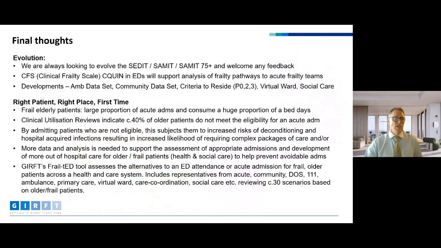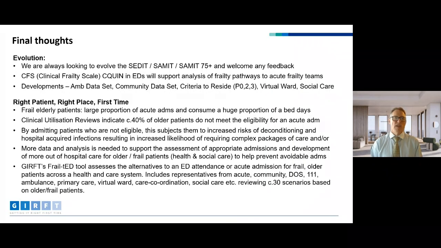So just in terms of final thoughts, we are always keen to evolve the SEDIT SAMIT 75, and as Darren said, we're on version 5 of the SEDIT. So we welcome any feedback if people have ideas as to how we could better reflect elderly services. Obviously, the CFS is the CQUIN for this year, and that will support the analysis of frailty pathways to acute frailty teams. But we are also looking to develop the whole SEDIT so that we can look at